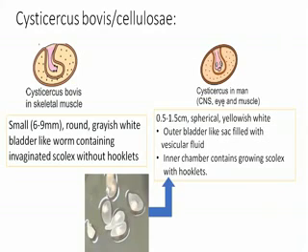In case of Cysticercus bovis, a small cyst will be there measuring about 6 to 9 mm, a little bit beige-white, bladder-like worm, and the invaginated scolex does not contain any hooklets. This is Cysticercus bovis. In case of Cysticercus in man, measuring about 0.5 to 1.5 centimeters, usually spherical and yellowish white in color. The outer bladder sac usually contains the vesicular fluid, and the inner chamber scolex will be there, which contains the hooklets.